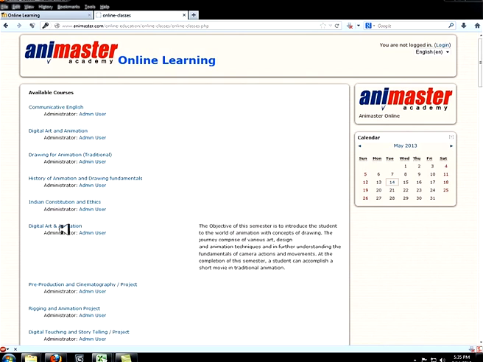First thing, we'll see how to log in, and you will find the login button at the right top corner. Here you don't find a registration button, because you will get the user ID and password from the course administrator. On enrollment of the course, he will mail you all the details. Here I'll show you how to log in with your user ID and password. Just click on the login button.